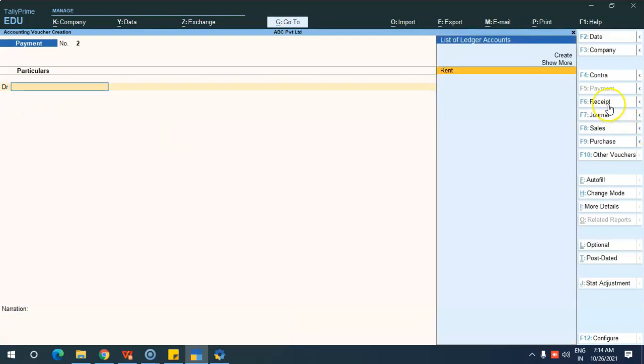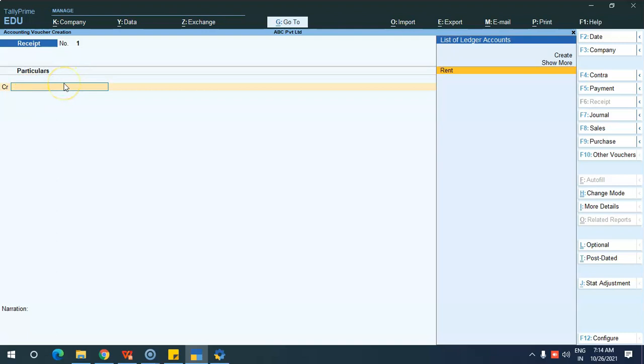Next comes the receipt. If you are receiving an amount through cash or bank, the receipt can be an income receipt or a party receipt. Party receipt means you would have made some sales and you are receiving against the sales. Party payment is also there: if you have made a purchase on credit, you will make a payment against the purchase within the due date. Those party payments will come in the payment voucher, and this is the party receipt.